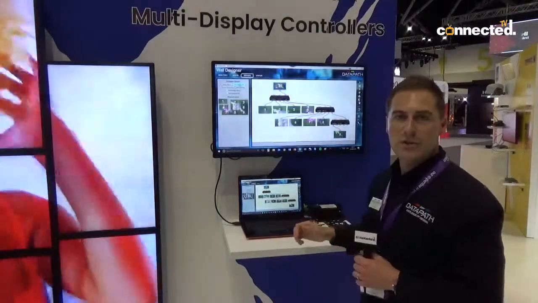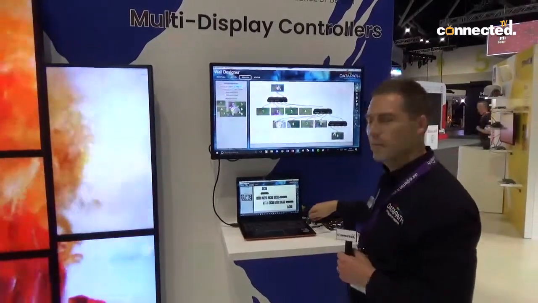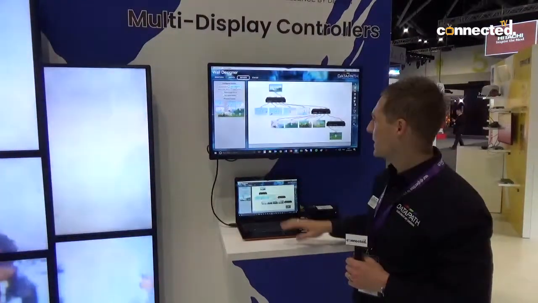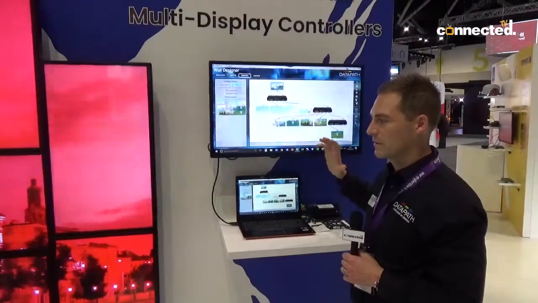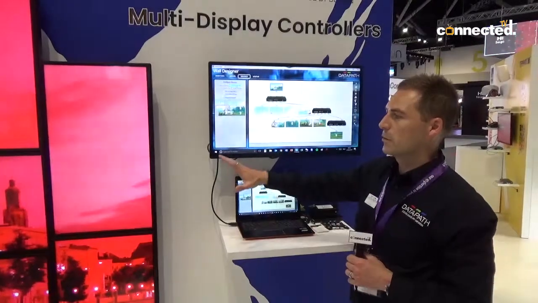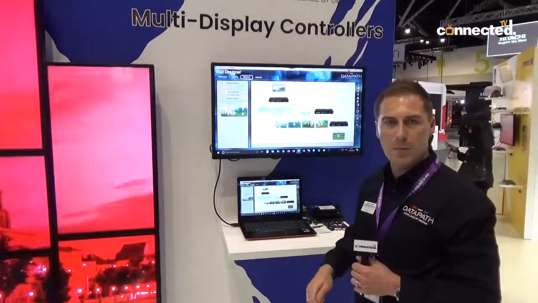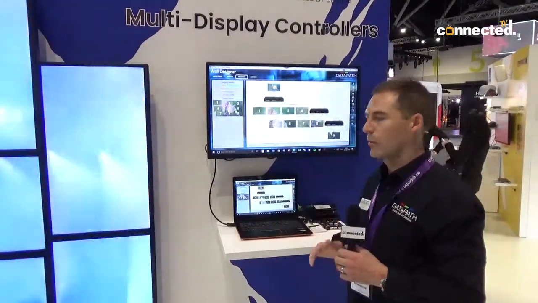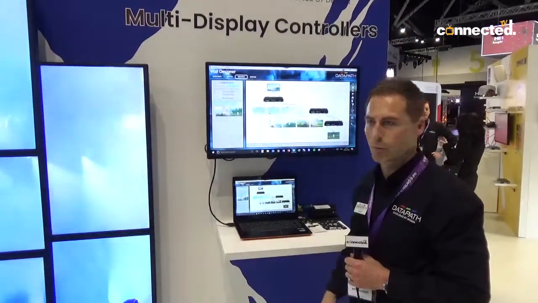And then also it's used as a setup device, so you plug in via USB, hit apply settings, and it will make the settings stored on the box, and then you'll be able to get your video in there via a media player, and then it will just split, crop, rotate it, and output to the 4 or 8, however